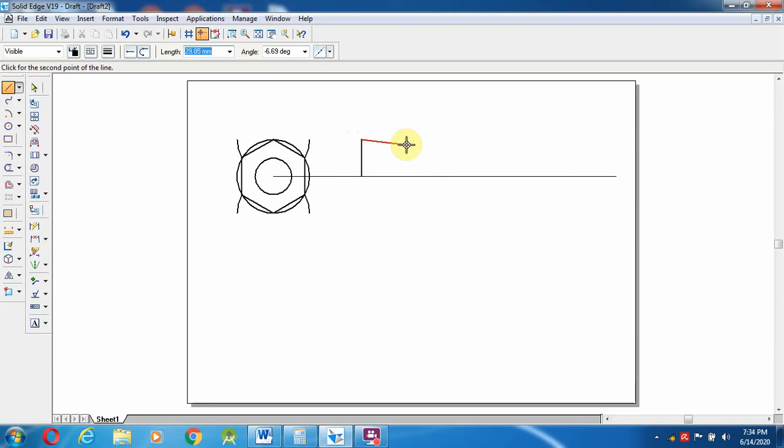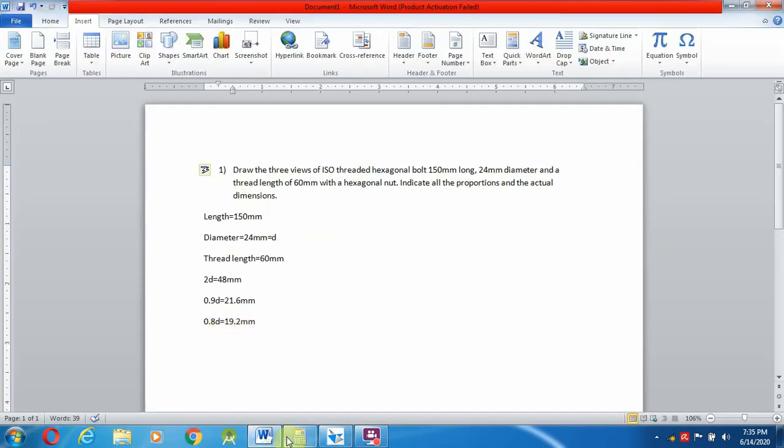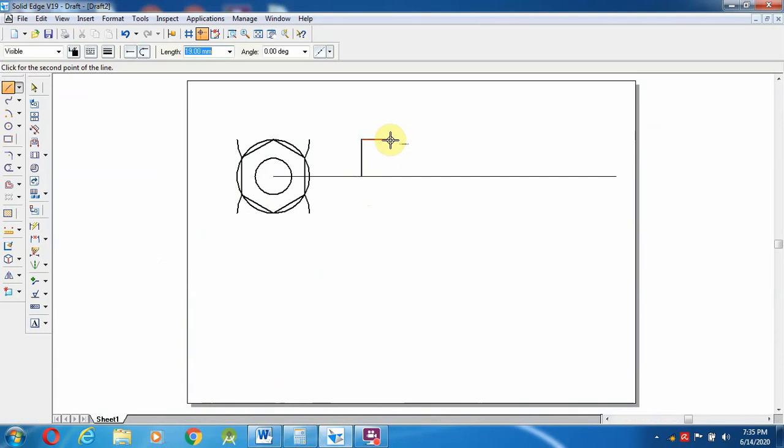The length of this is 0.8D, so I'm going to make it here as 0.8D. The value we found for 0.8D is 19.2 mm, so I'm going to create a length of 19.2 mm.